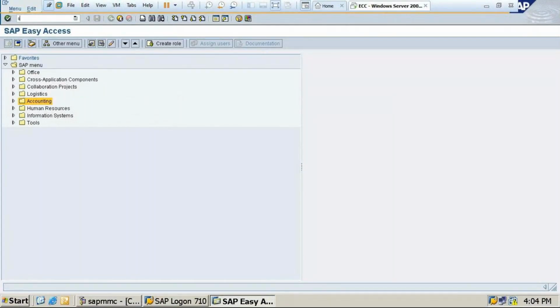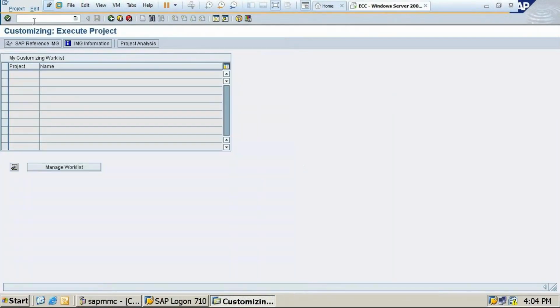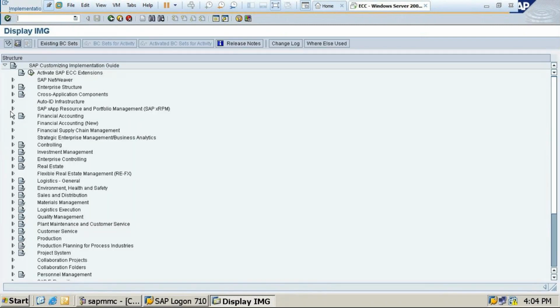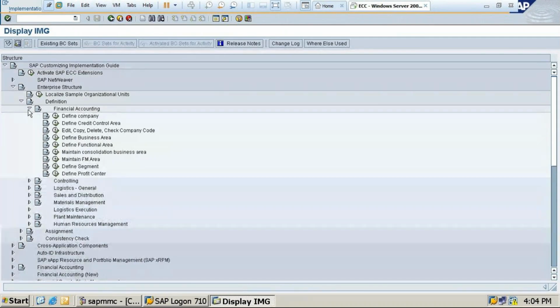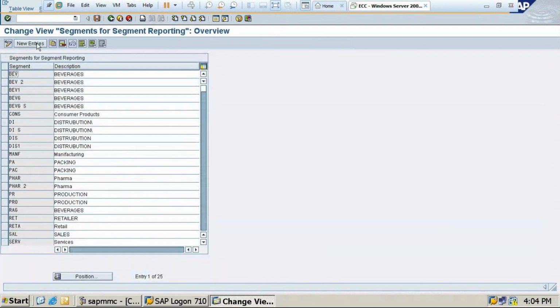SPRO, SAP Reference IMG, Enterprise Structure, Definition, Financial Accounting, here Define Segment. Again, New Entries.